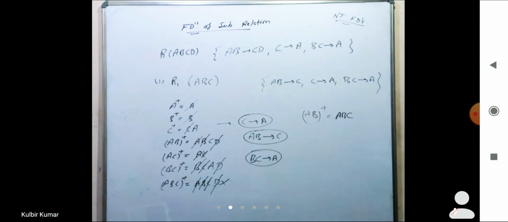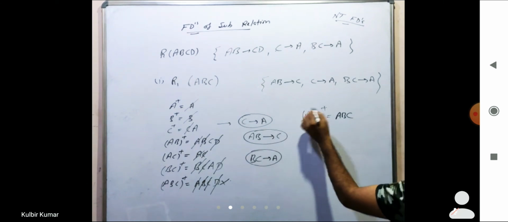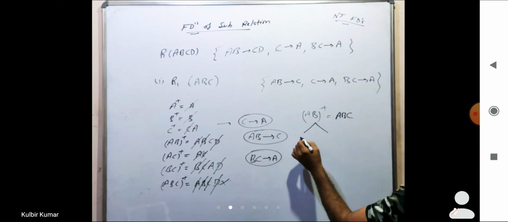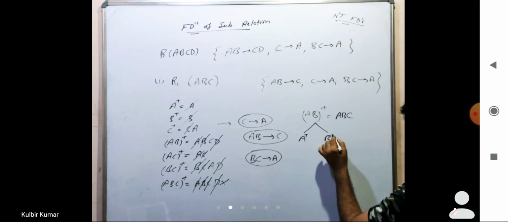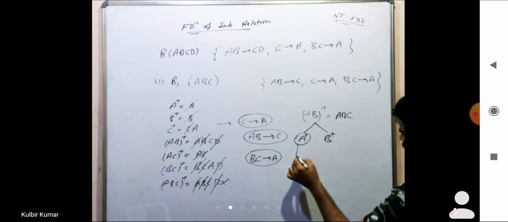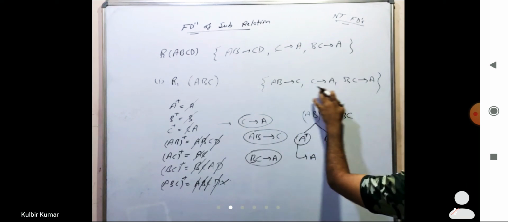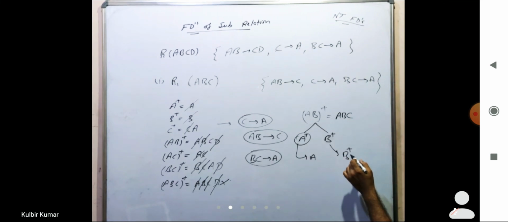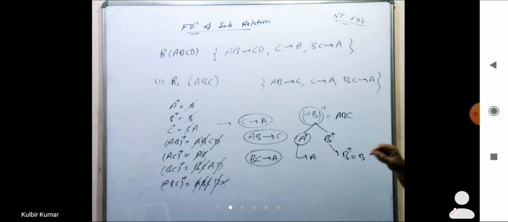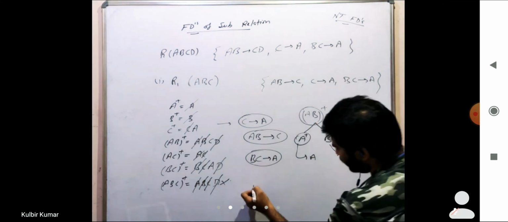So we can take this one, ABC, and finally AB can be the candidate key or not. So we'll take the sub relation and find the closure of that one. It is A closure, B closure. A closure will be A, and further we cannot derive anything. B closure will be B, and can we derive anything further? No, we cannot derive. So finally we can say AB is the minimal. So this is what a candidate key is. So AB is the candidate key.